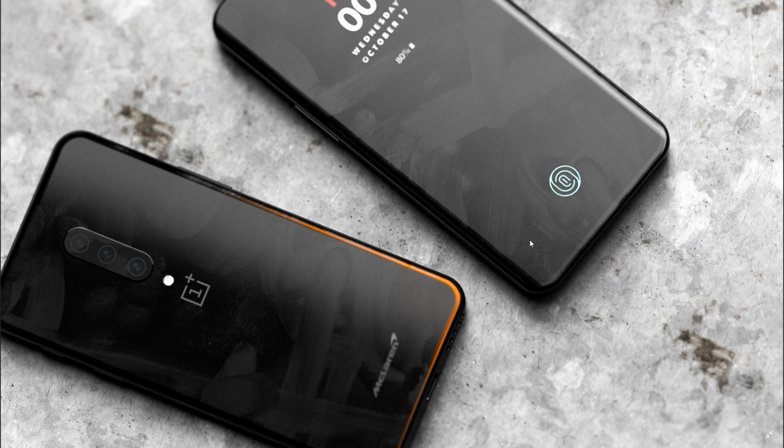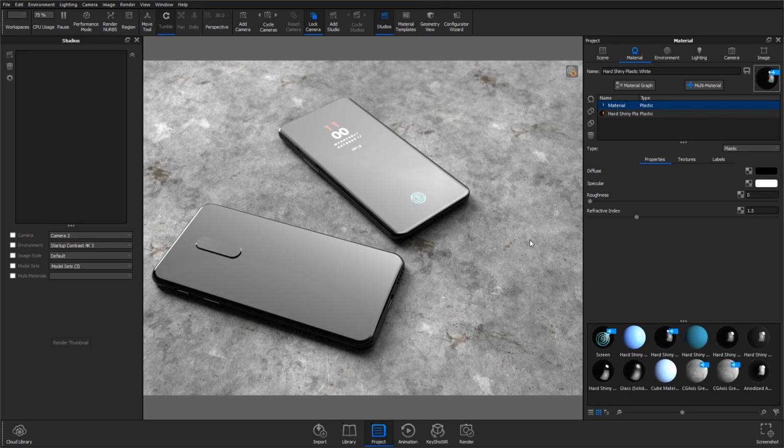that involves studio photography. So if you want your product to look clean and new to attract customers, avoid using smudges. But if you're trying to do more abstract renders or show how a product will look after it's been worn, maybe in situ shots, then smudges are a great way to add imperfections to the render to make the image more believable. I'm going to be using my OnePlus 7 orange glow scene to show off the effect, and